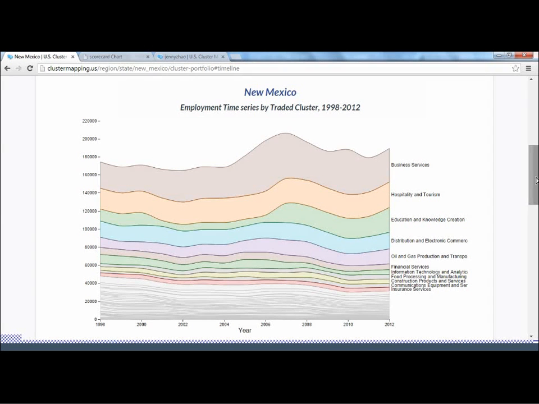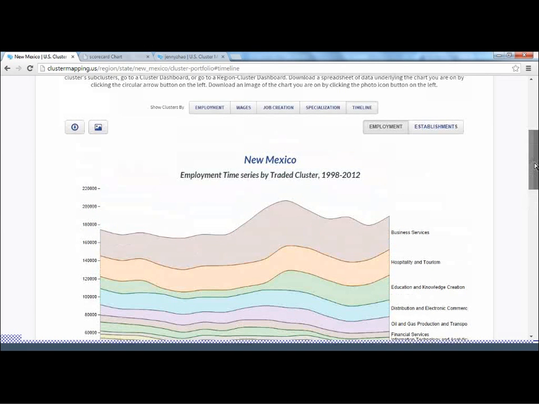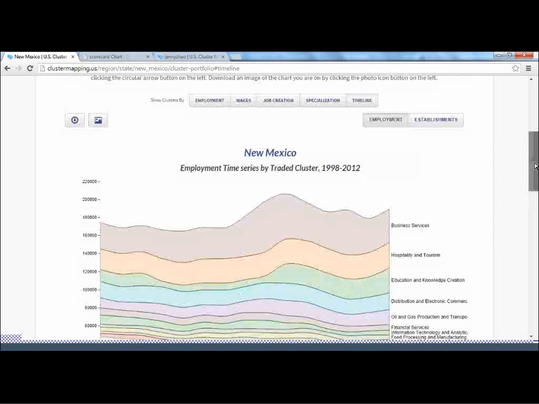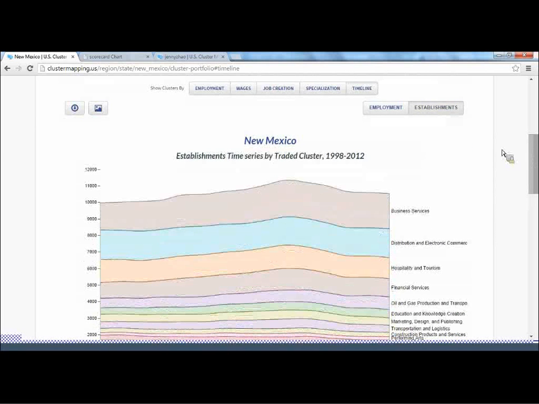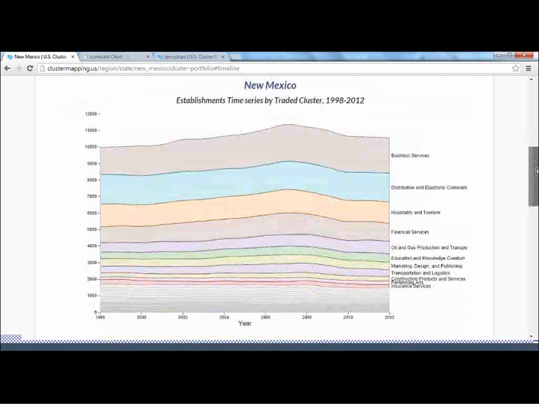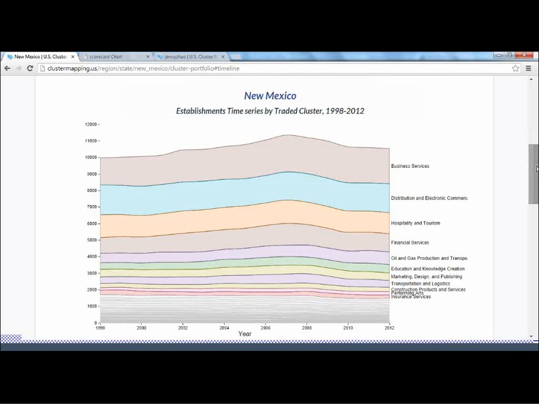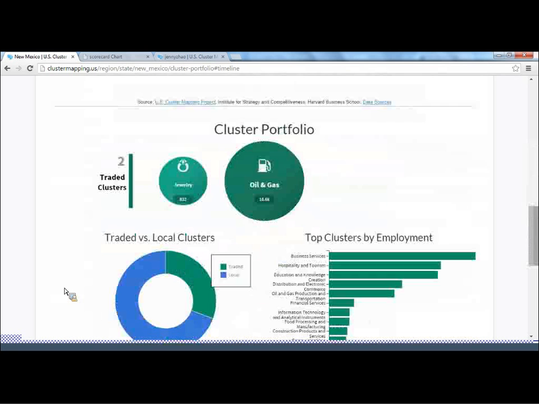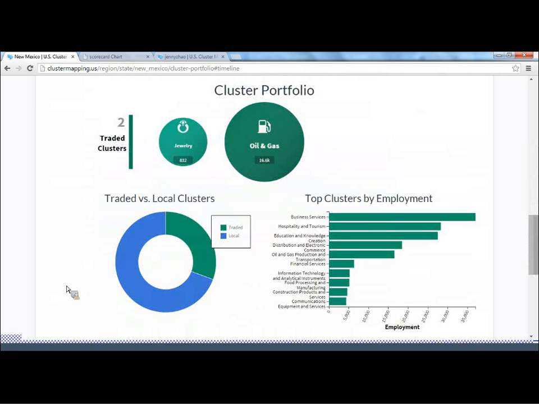So we think this is a great feature. So to scroll back up, actually to scroll, we should establishments. Yeah, so this is also to show, so first we were looking at employment over time, and then we just switched to the establishments button, and that shows establishments over time. So these are just companies, et cetera, that are established in a given region. So as we scroll down the page, we'll get to that cluster portfolio section that you saw on the summary